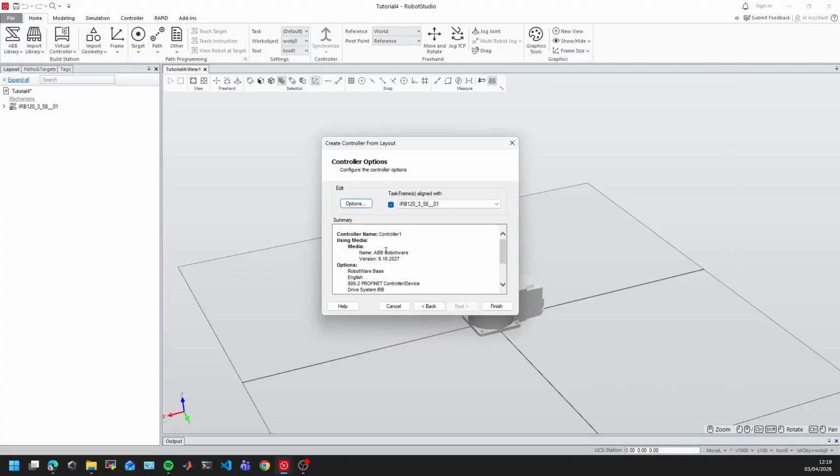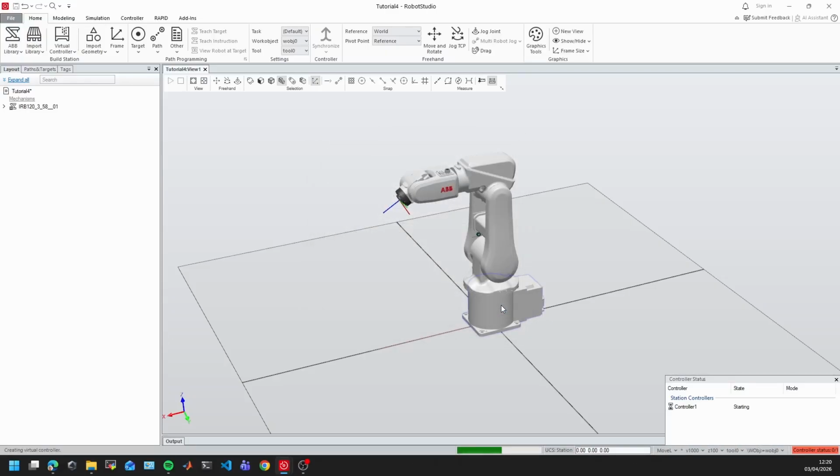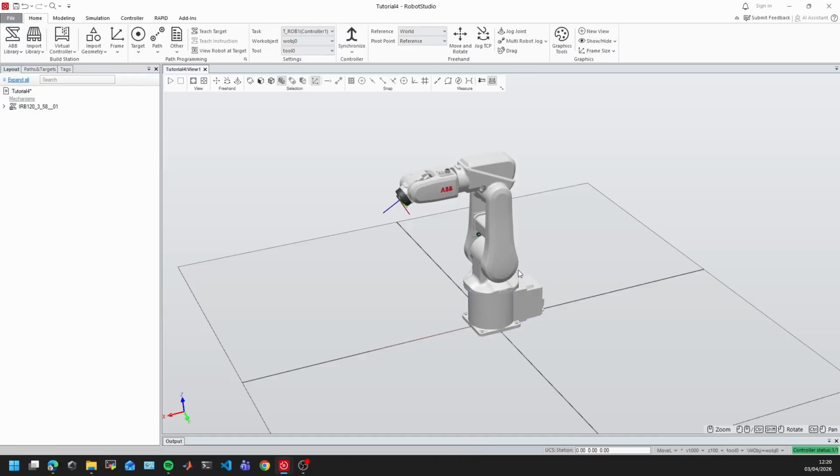By the way, if you don't add this, do not worry. You can still make this tutorial without adding this Profinet network module. So I just click Finish here, and then my controller is going to start. There you go. My controller has started. You can see it here. Now I'm ready to start